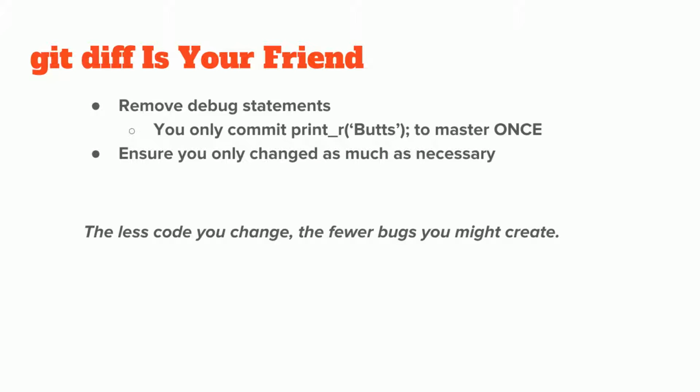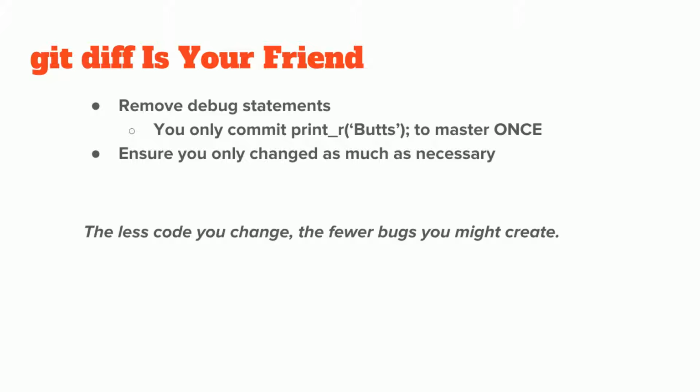And coming back to doing one thing at a time, this helps you ensure you only changed as much as necessary. I run into this more with Composer than I did with just Drush updating modules, but you will often run a seemingly innocuous update on a module or on the system, and it does something like wipes out your custom htaccess changes. That's incredibly common. When you do a git diff before you push this out to production, you visually get to see, oh, I need to go back and fix this file.